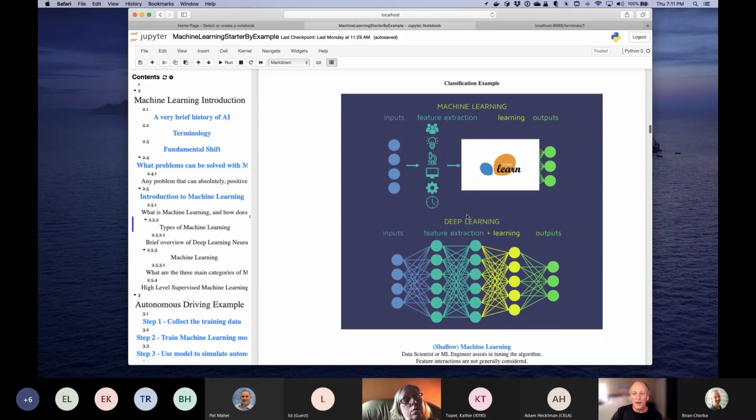In the picture that I'm showing here, on the top, I'm going to talk about what the machine learning process looks like. On the far left, we start with our inputs. The inputs could be data from a bank. It could be an image. It might be data from a sensor. So we always start with our inputs. The next layer is called feature extraction or feature engineering.